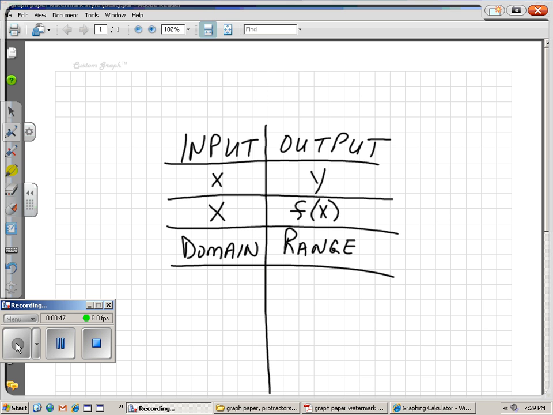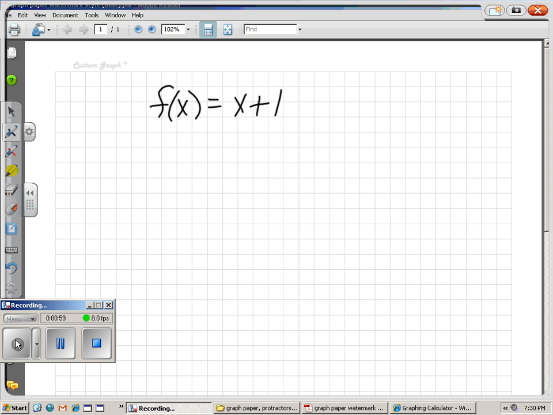So when I ask for the domain, I'm asking what are all the possible x's that I can put into this particular function. Are there any x's that I can't use? What x's can I use? Let's look at this simple little function here, f of x equals x plus 1. I want to know if there's any x's that I can't use, or can I use all possible x's? So I'm just going to make a little table here, and I'm just going to pick some x's,